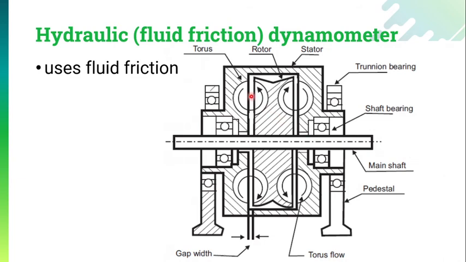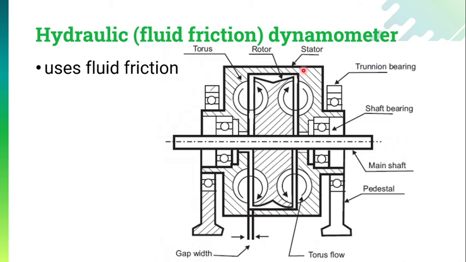This particular dynamometer consists of one rotating disc which is available in the center, and as you can observe, this is the shaft going through it, and this shaft is carrying the rotating power. The shaft is connected with the motor or the generator, and it carries the rotating power. This shaft is connected with the rotor, and the rotor is going to rotate, that is the very first thing. The second element that we have is the stator, which is available around this particular rotor.